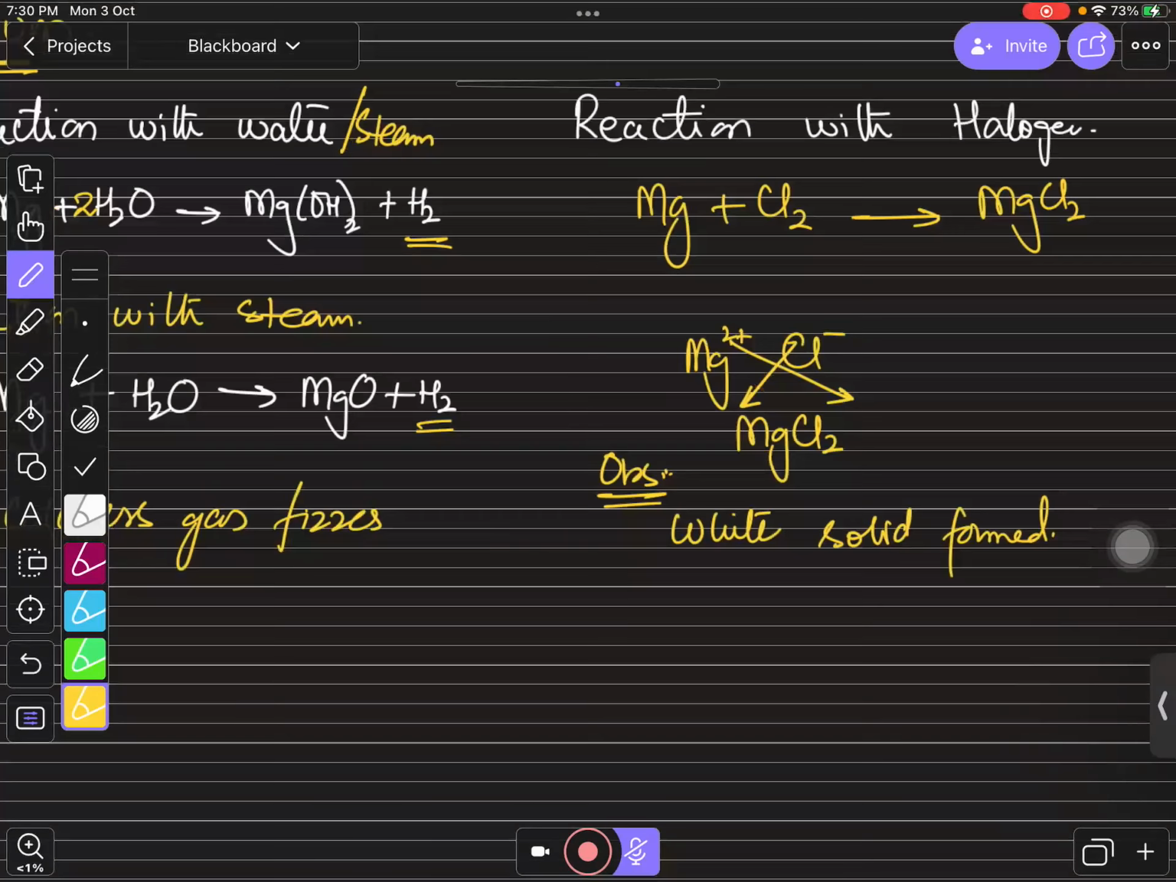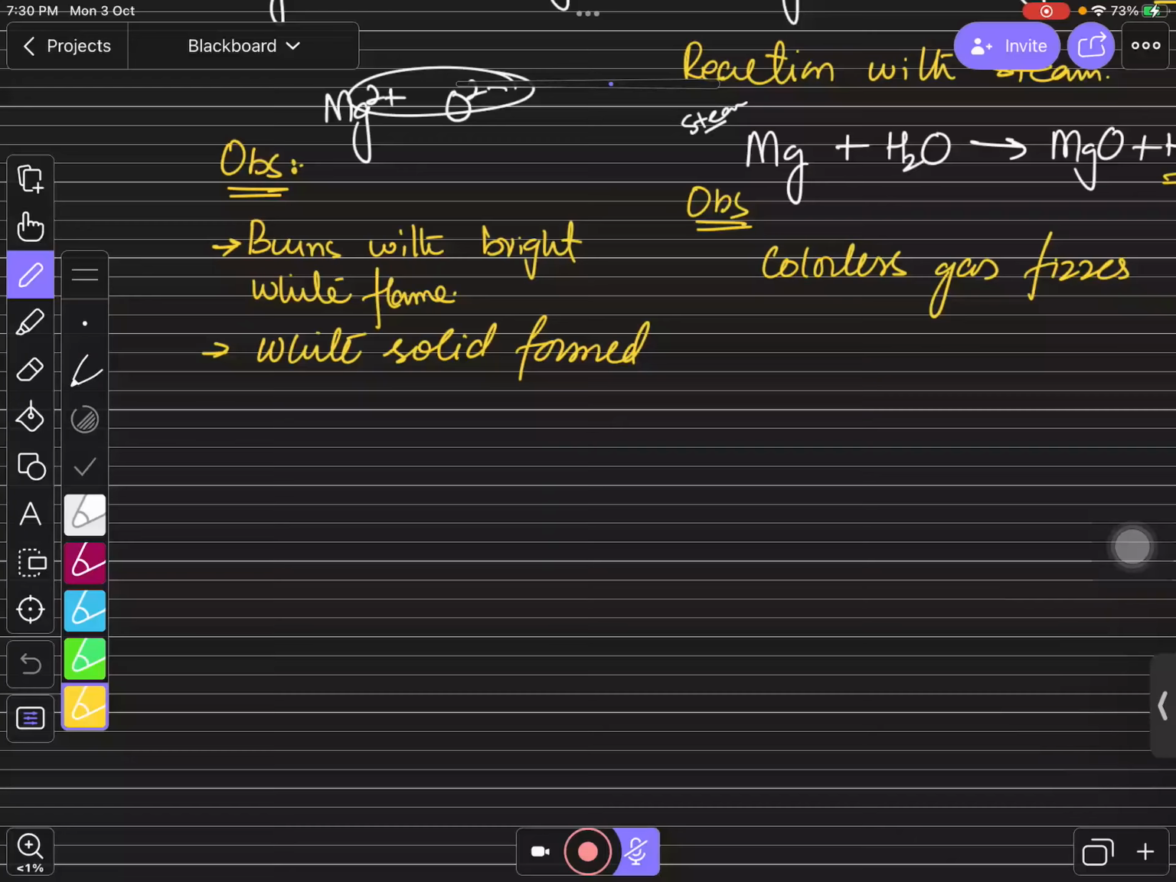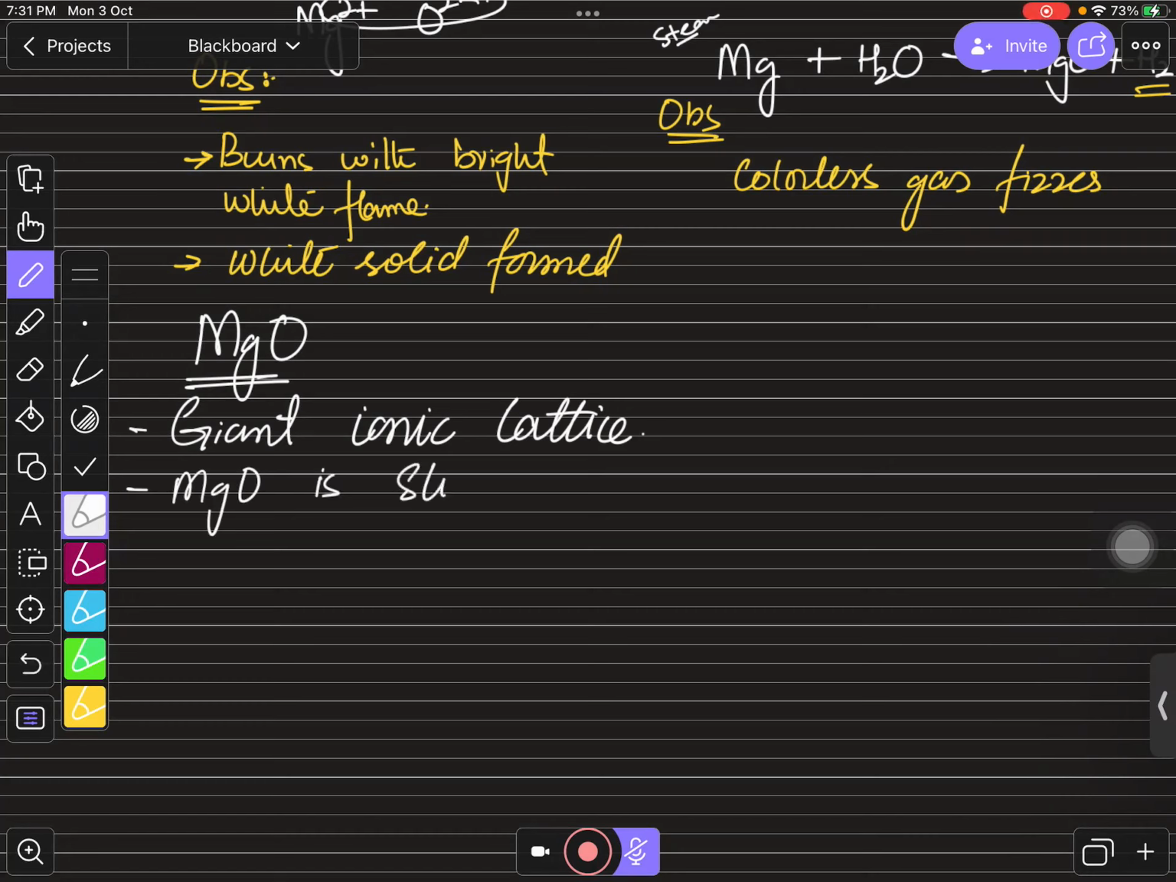Now, let's talk about magnesium oxide. If you talk about magnesium oxide, so this is again an ionic compound. So it is also a giant ionic lattice, right? This is also an ionic compound, so this is a giant ionic lattice, right? And if you talk about MgO, it is slightly